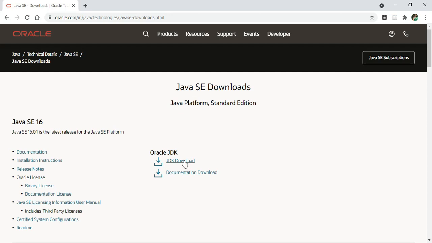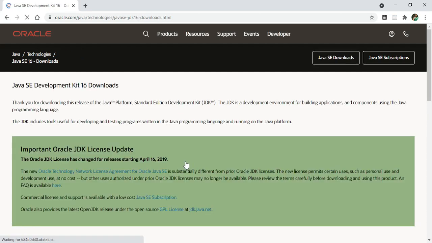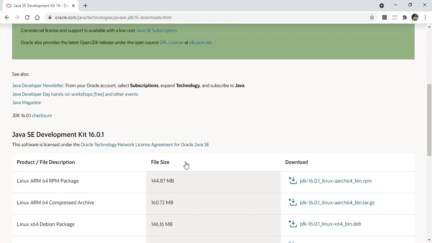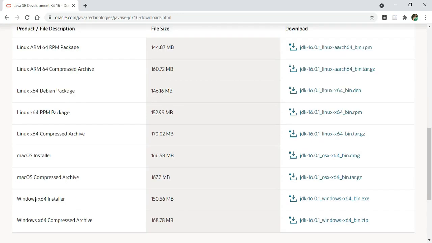Now you can click on Oracle JDK download and scroll below, and depending on your operating system you can select your installer file. This is going to install Java SE Development Kit 16.0.1 on your machine. Since I have a 64-bit machine, I'm going to take the second last option. Just click on this option.